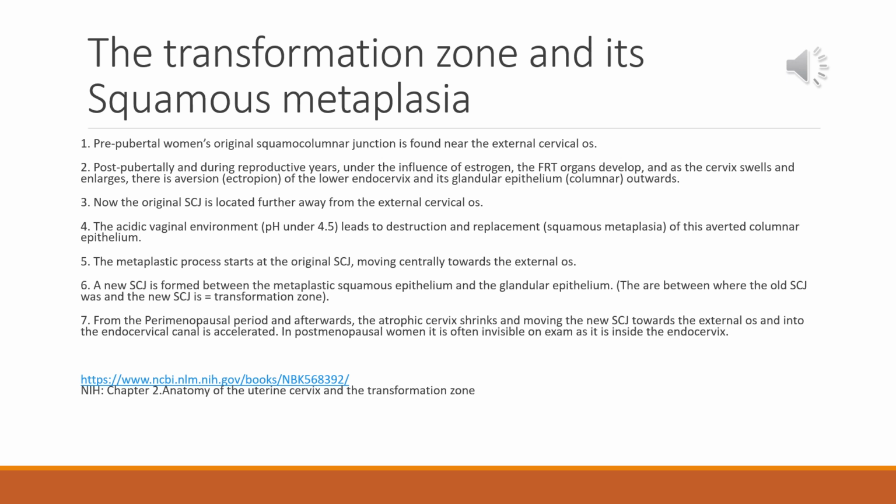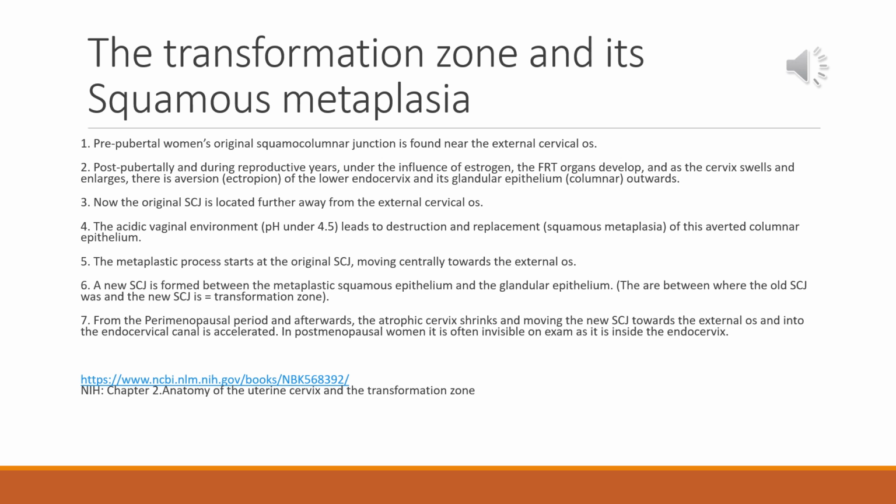They swell, they grow, they enlarge, and then there is basically anatomical movement of these areas, and there is eversion of the lower endocervix and its glandular epithelium outwards, and now it's further on in the ectocervix, further away from where the cervical os is. Okay. 4. The acidic vaginal environment, which is under 4.5, leads to the destruction and replacement of this everted columnar